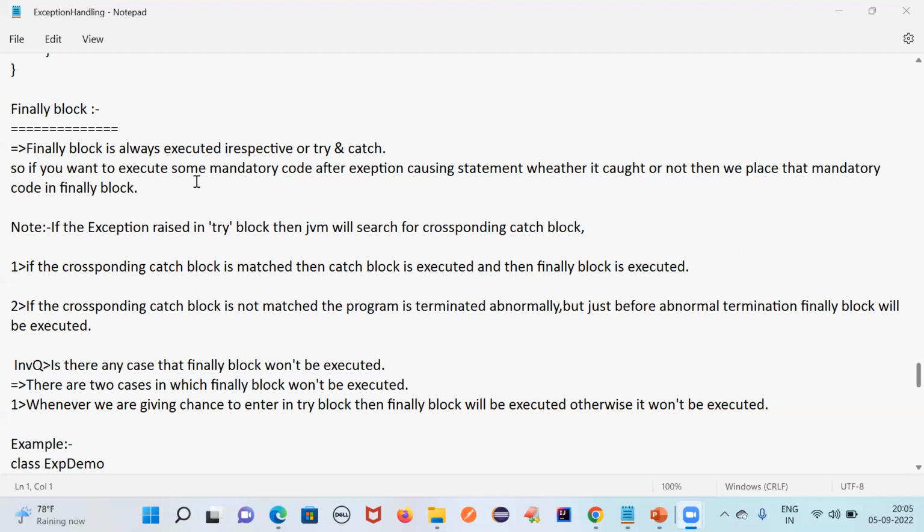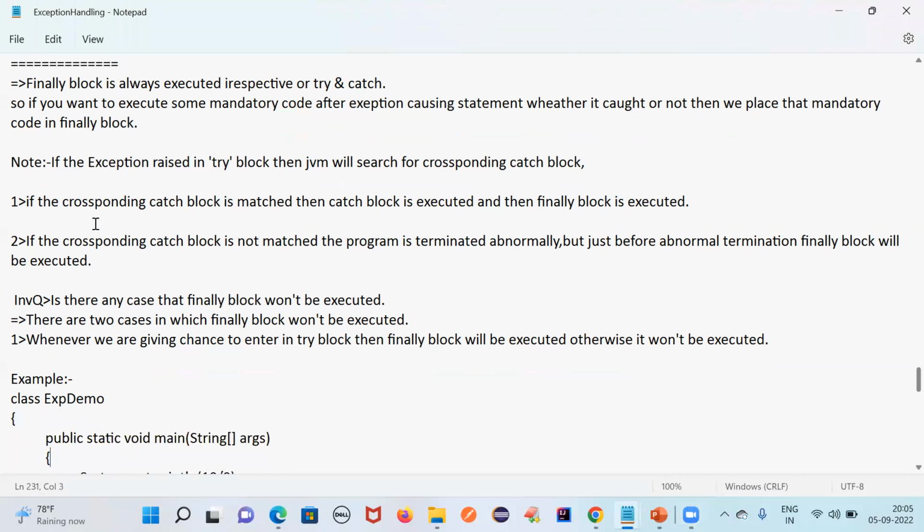If you want to execute some mandatory code after an exception-causing statement, whether the exception is caught or not, then we place that mandatory code in a finally block. If the exception is raised in the try block, then the JVM will search for the corresponding catch block. If the corresponding catch block matches, then the catch block is executed, then the finally block will execute.